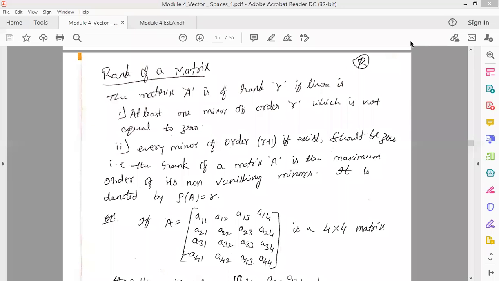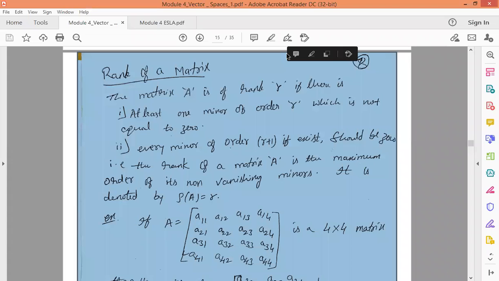So here we'll start with the next topic. Before moving to the next topic, I'll just revise the previous things whatever we have studied. We have come across various definitions like vector space, subspace, column space, and the null space. Vector space is nothing but a non-empty set, denoted as V, consisting of vector objects on which we can perform arithmetic addition as well as the scalar multiplication operation.